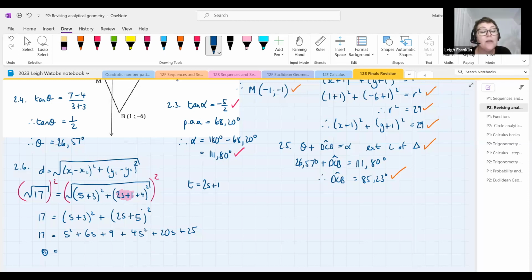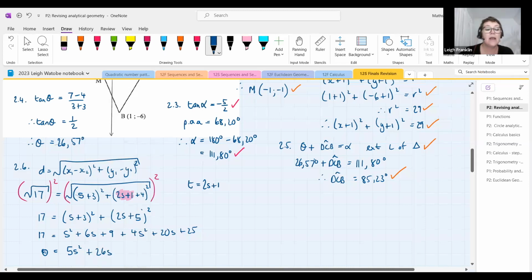We'd have s squared plus 4s squared would give us 5s squared. We've got 26s. And then we've got,